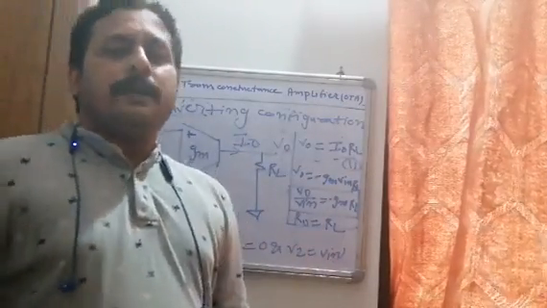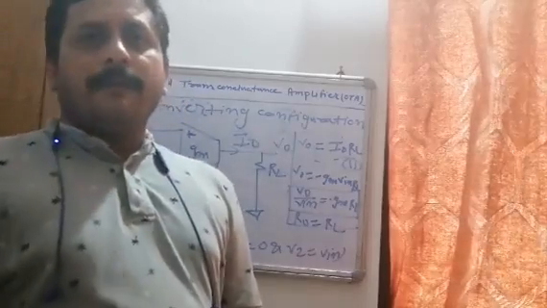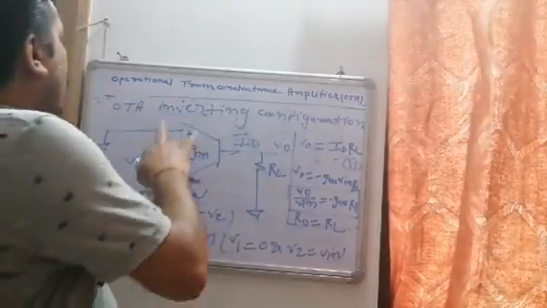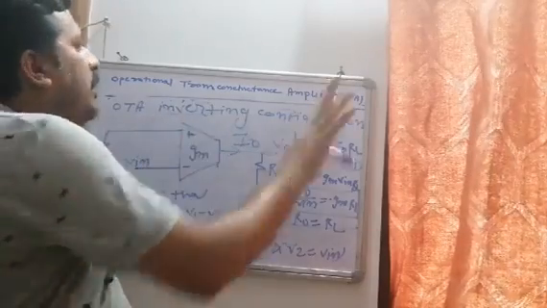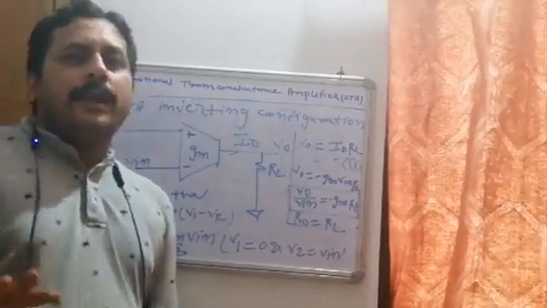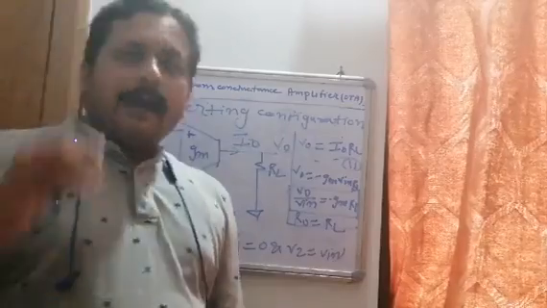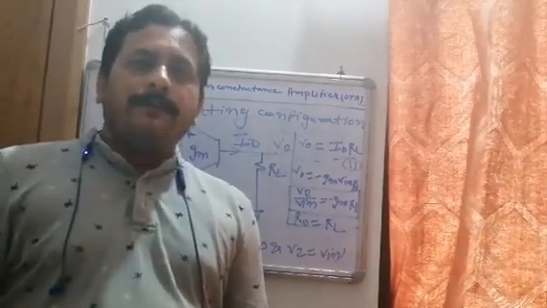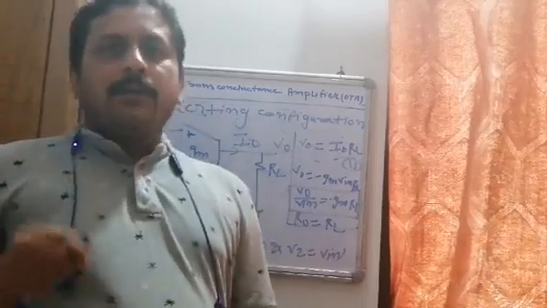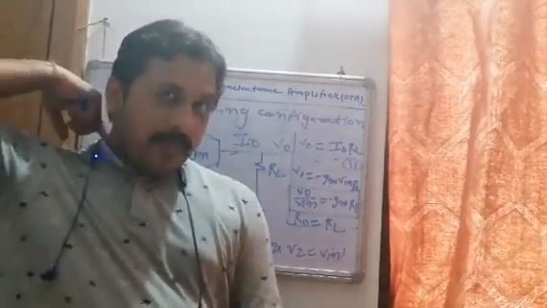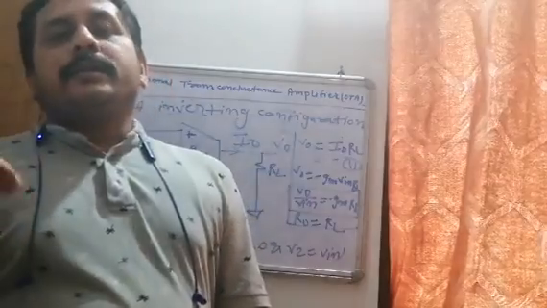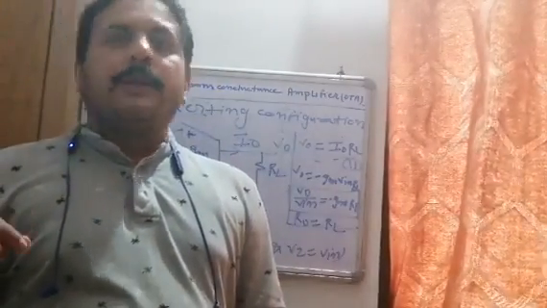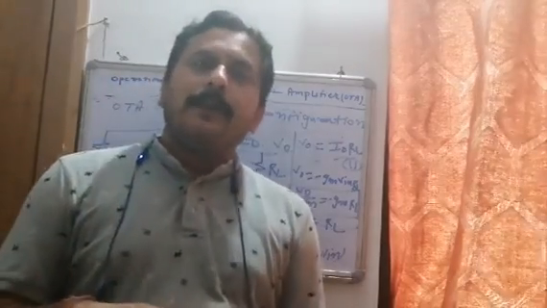So this is the demerit of this type of configuration. Now I'll see the OTA non-inverting configuration. In the same way, we can describe the non-inverting configuration of OTA, and we will see also that again there is a trade-off between output impedance and gain of OTA, either in the case of inverting configuration or in the case